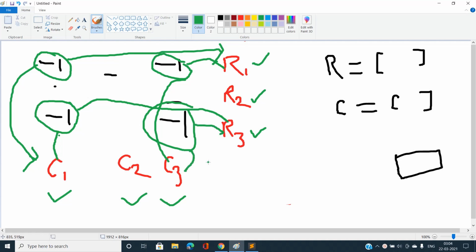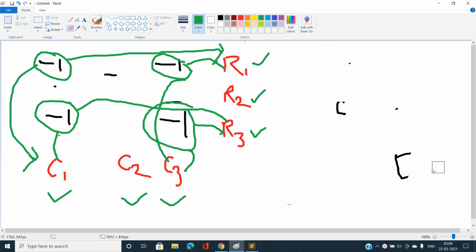So this is basically the graph I'm going to build, with separate nodes R1, R2, R3 and C1, C2, C3. Let's build this graph first to analyze it in a deeper way. Let me erase this stuff again. So let's build the graph.